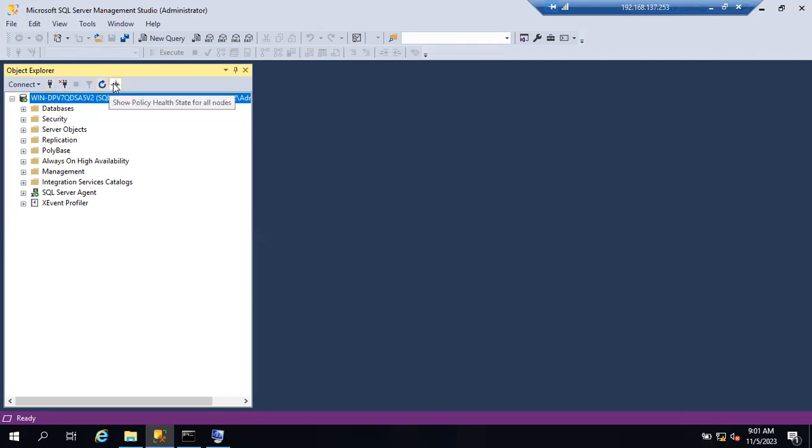So this is also kind of a show policy health state. This will be discussed later. Okay, right. So this is how the SQL Server will be. These are all objects, guys. Databases, security server, object replication policy, polybase. All are objects. We can say these are the features only, but slowly we are going to discuss one by